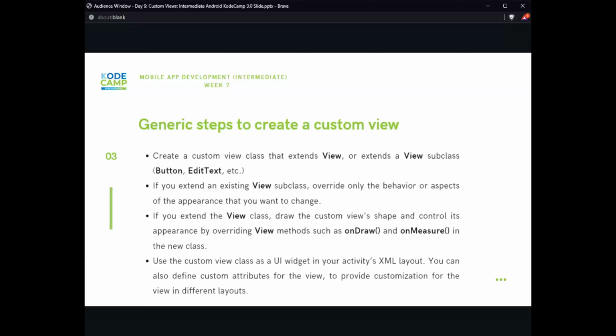Then, of course, you can use the custom view class as a UI widget in your activity's XML layout or fragments, whichever one, right? You can also define custom views for different